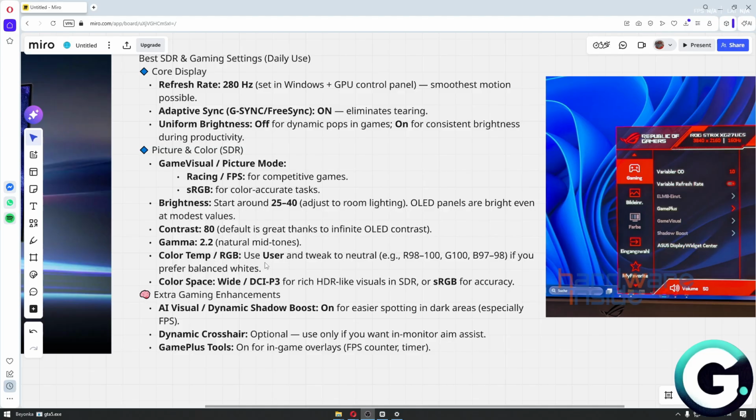The color temperature is going to be set to User, and then you can also tweak it to neutral, like the sRGB right here. Now for color space, you want to set it to Wide or DCI-P3 for rich HDR visuals in SDR, or sRGB for accuracy. Now for the extra gaming enhancement, you want to set the AI visuals or dynamic shadow boost